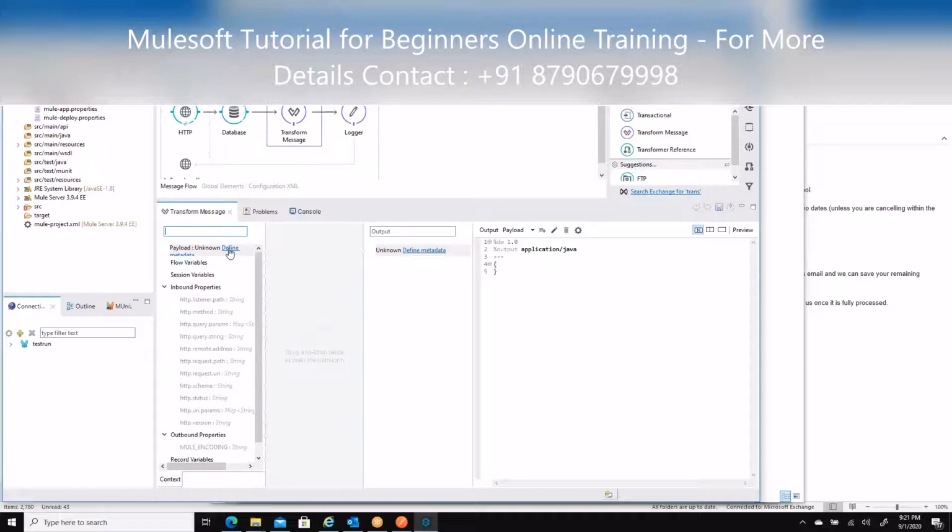Here we can convert the object to JSON. From JSON, if Salesforce is expecting some other type like CSV or XML, we can configure it here. Here you have application/java, right? You can remove Java and make it JSON. Yeah, just JSON. Then it will convert into JSON. If you make it XML, then it will convert into XML. Oh, got it. Oh, wow. Yeah, that is the feature of the transformer.